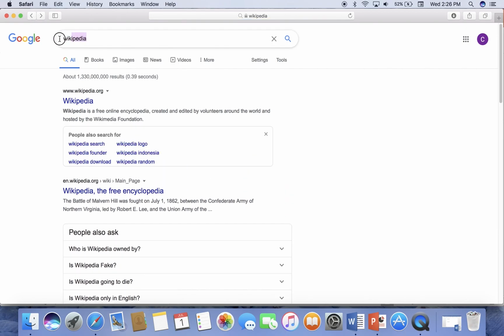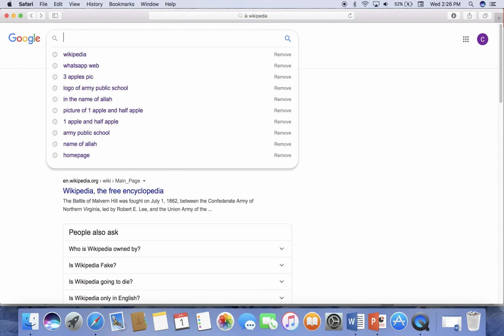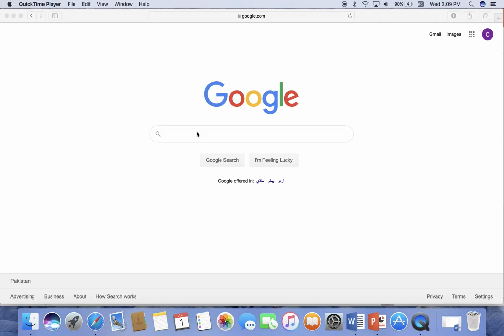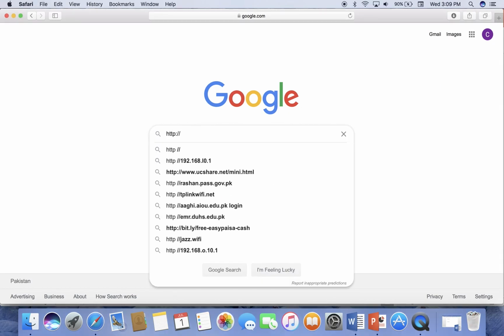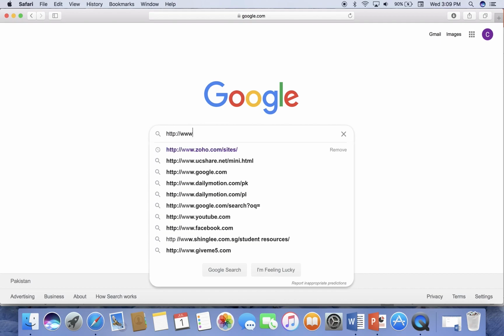This is the Google search engine. In the search bar, now type the web address where you want to go. Now we want to go to the Zoho site. In the search bar, type the URL or the address of Zoho Sites. Here http www.zoho.com/sites.